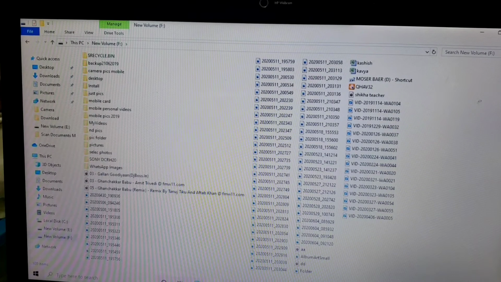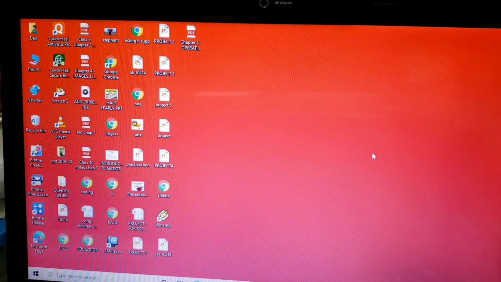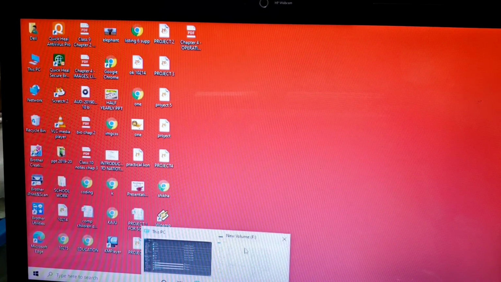Okay, here I'll simply paste it. Now when I pasted here, I'll come back to the desktop. Now this folder is not available on the desktop. This is called moving.